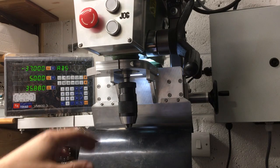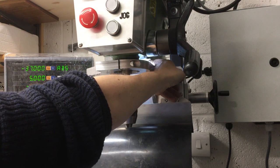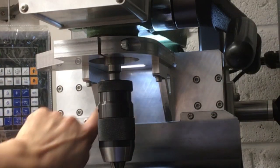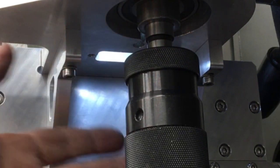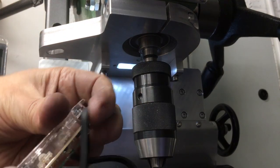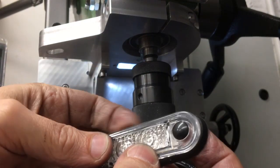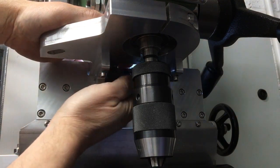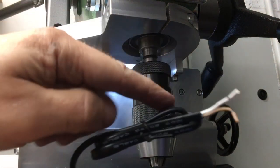Now the other thing worth noting is, you can see now I've got this plate on, that the original light, which is up there, shining down, a lot of it's blocked out and it's not really illuminating the area. I thought that was going to happen, which is why I opened up this hole here. We can just about see that hole there, and the idea was to see how much light came down, and I'm pretty sure the answer was going to be not very much. So I've tapped 2 holes, and I made that the right size for one of these. I think this is off a car side light thing, 12 volts off eBay, and then that goes in there, and it will feed through there, and I'll get nice bright light from here shining down, so that should be pretty good. And then this will just wire back into the control